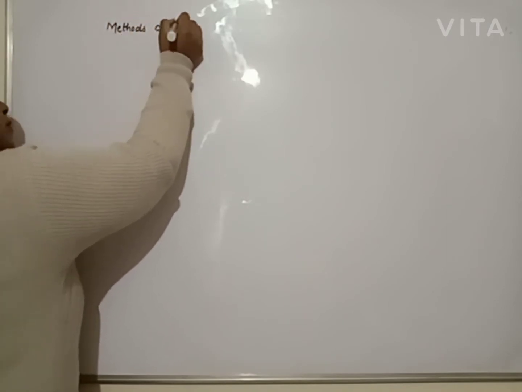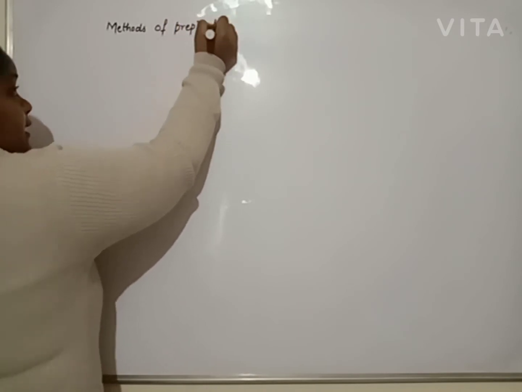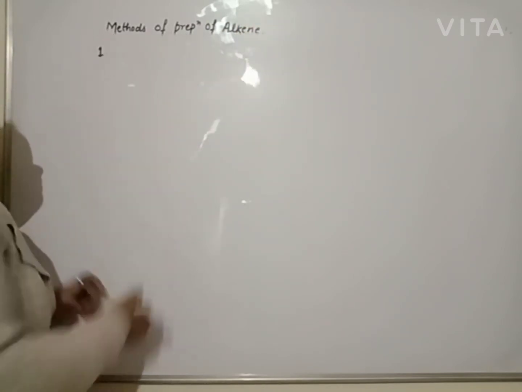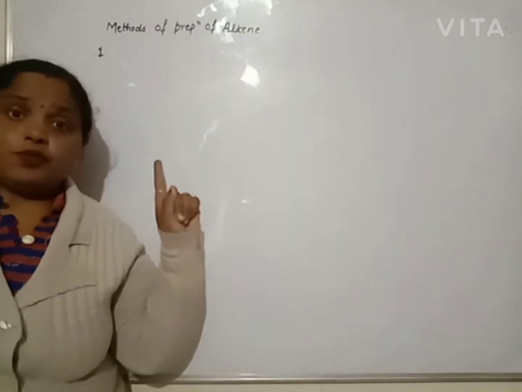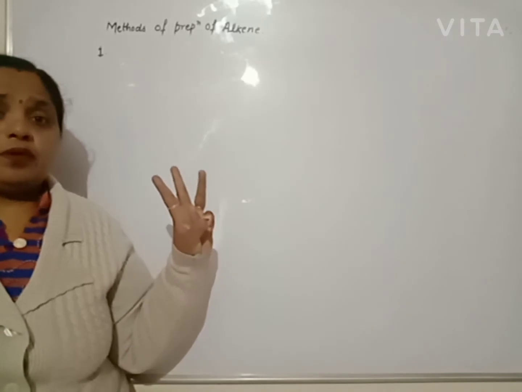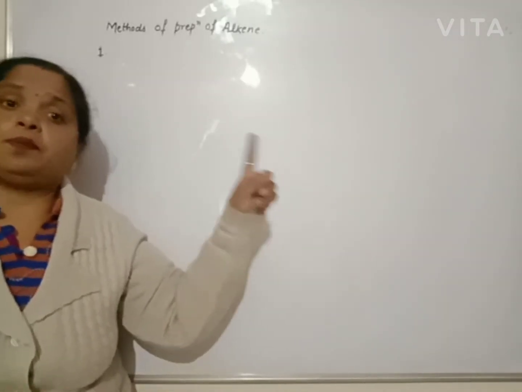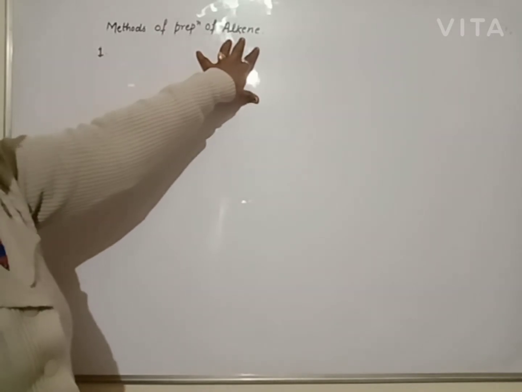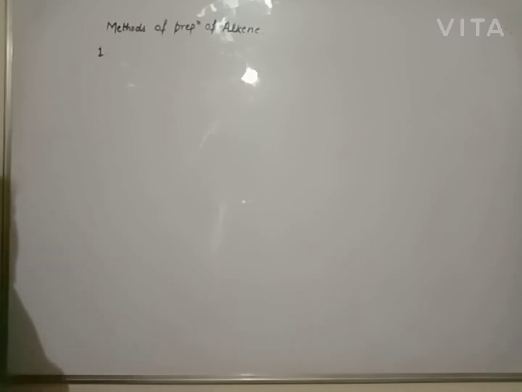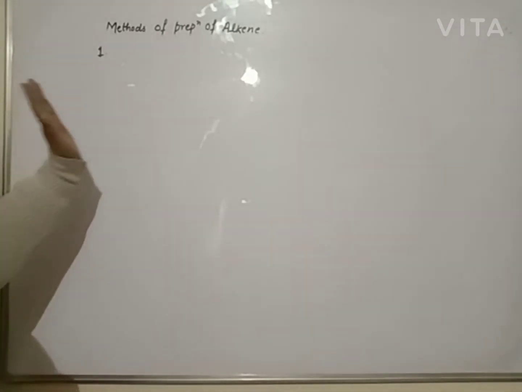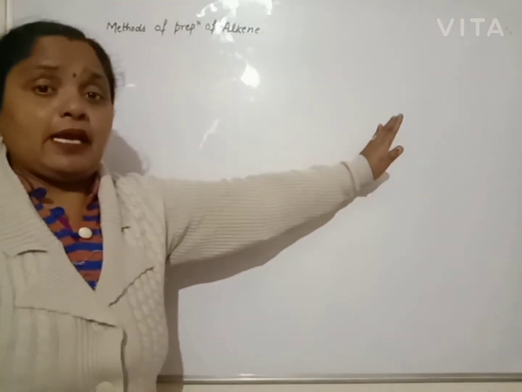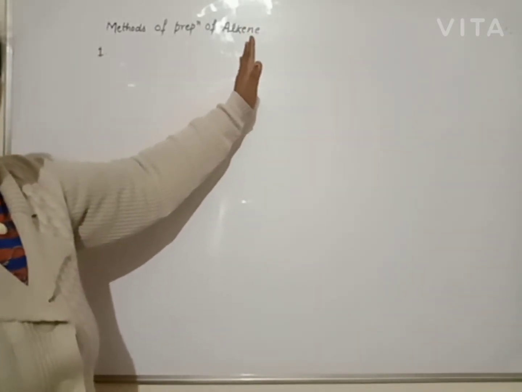Methods of preparation of alkene. How is alkene prepared? Beta, for preparation of alkane, you will use the first method, that is Sabatier-Senderens method. Double bonded carbon or triply bonded carbon will be changed into single bond. Here, you want to prepare double bond. Then you will apply this reduction of alkyne. But beta, when alkyne is reduced, it will stop at the alkane. We want to stop the reaction up to alkene.